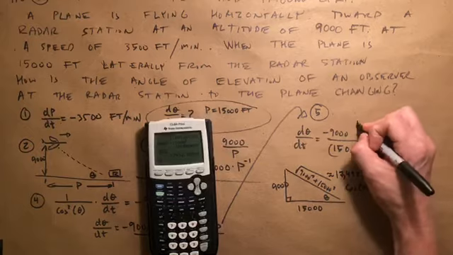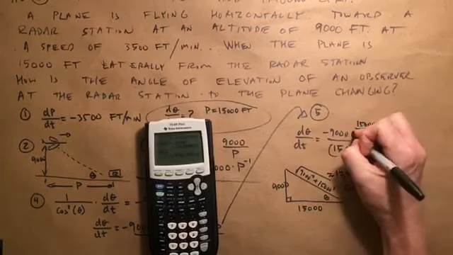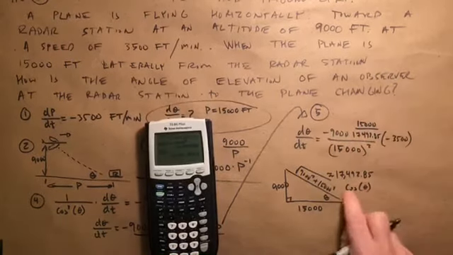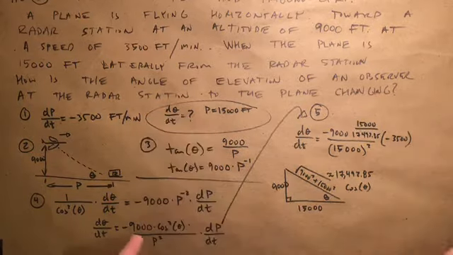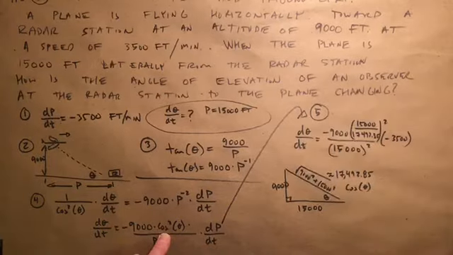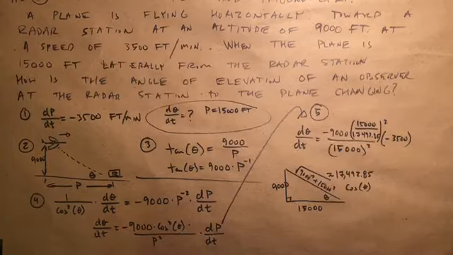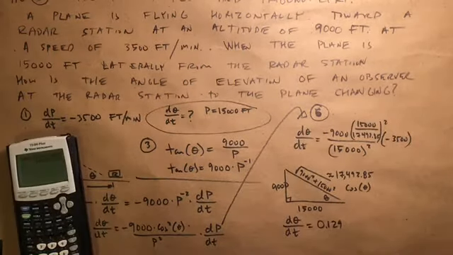And so I'll have 15,000 over 17,492.85. But it's not just one of these, we're going to have two of them because the value is squared. Okay, I've got a little bit of calculator work to do here. Well, friends, I finished it, and we got d theta/dt equaling